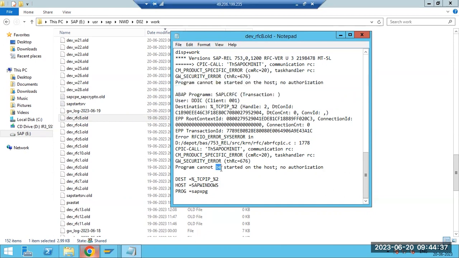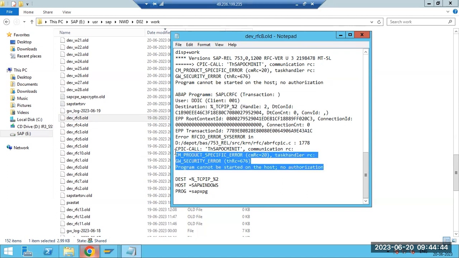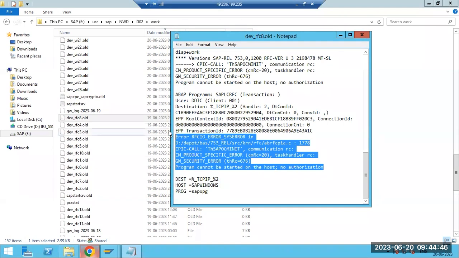So we fixed this one, the gateway security item. We fixed it today. That's why you can see those related logs here. I know this type of error, so I directly jumped into the SMGW and changed it. But if you want to check as a Basis consultant, we have